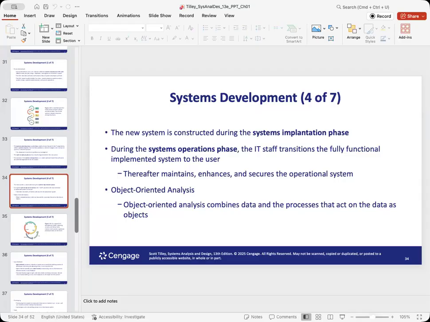All right, so sorry for that. Now, the new system is constructed during the systems implementation phase, and then during the systems operation phase, the IT staff transitions the fully functional implemented system to the user. Okay, so after the requirement is done, the analysis is done, the system is designed, what is done is that the system is then transferred to the user. Okay, the system is what? Transferred to the user, for the user to